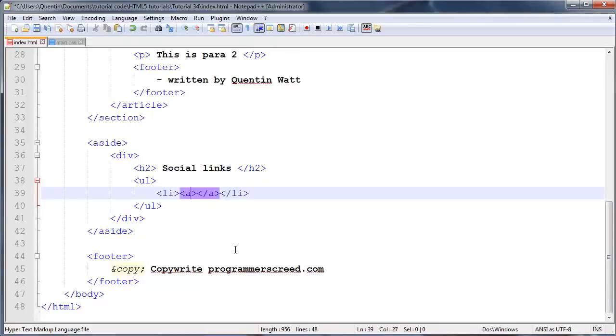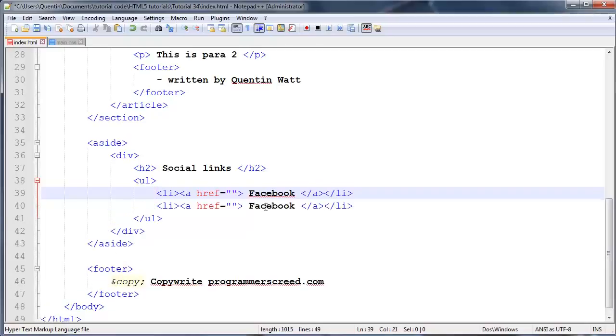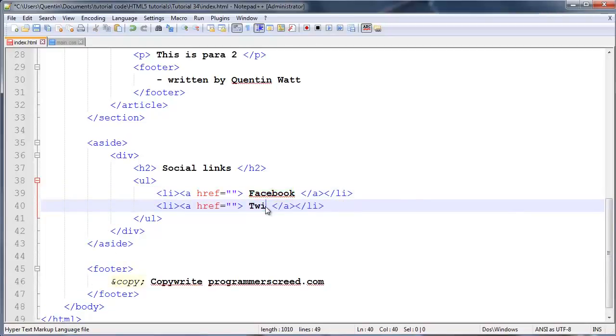Okay, so let's just give that an href of nothing at the moment, so it's blank, and in here type in Facebook, and we could probably just duplicate this line and type in Twitter,